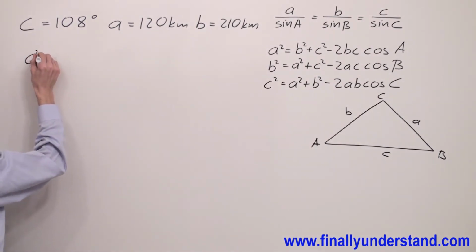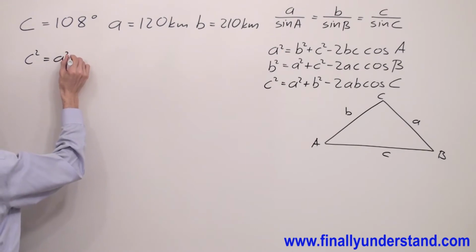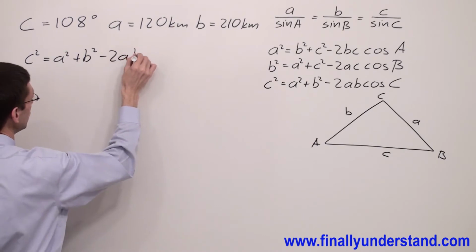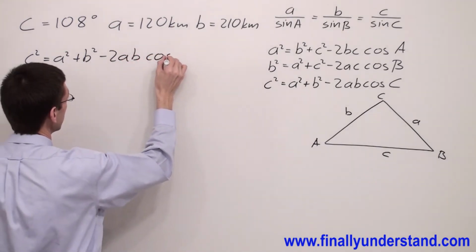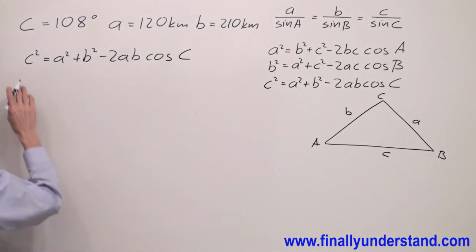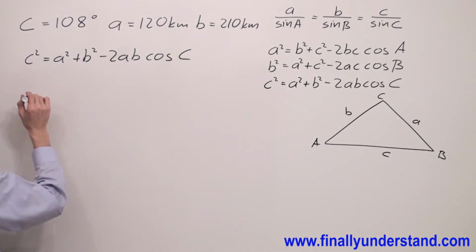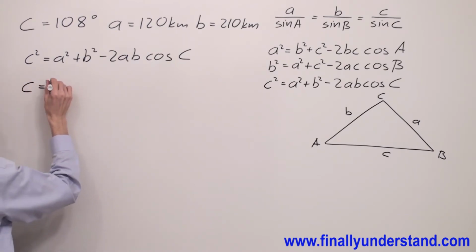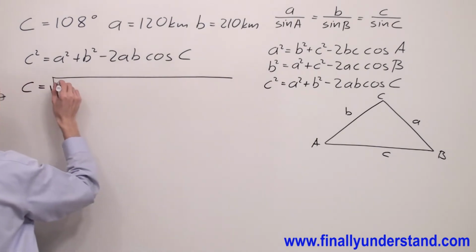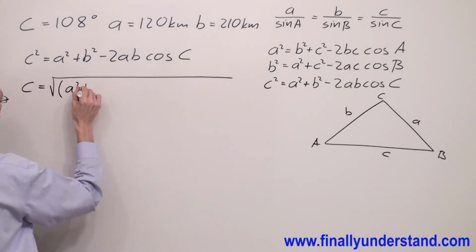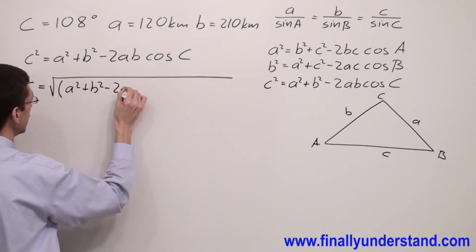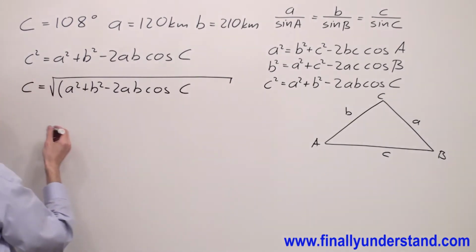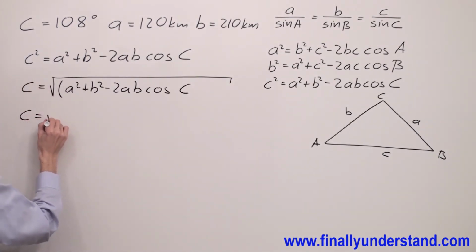I have c squared is equal to a squared plus b squared minus 2ab cosine of angle C. In order to find C, I have to take the square root of both sides of my formula, and I'm going to have C is equal to the square root of a squared plus b squared minus 2ab cosine of angle C. Plug in the numbers, so I have C is equal to the square root,